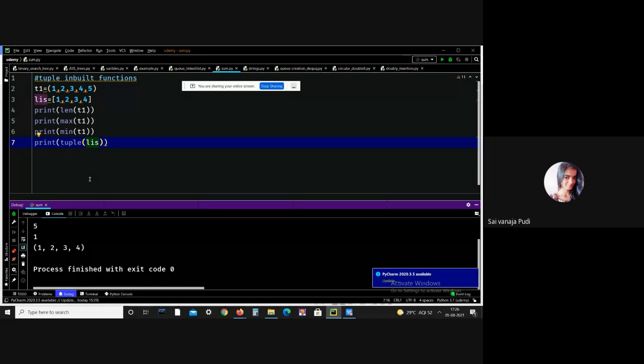Next, we have lists, but why and where do we use tuples? Let me differentiate between what is a list and what is a tuple.